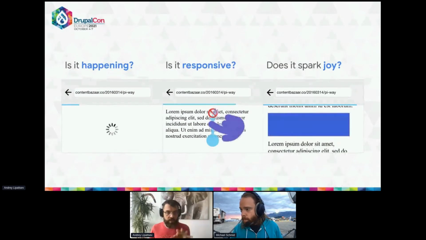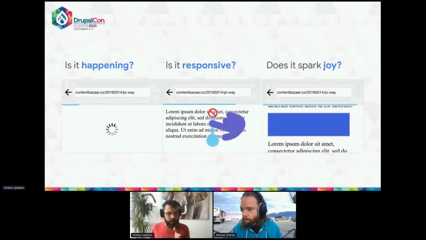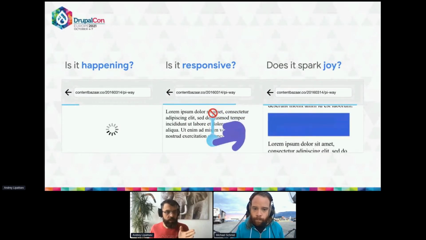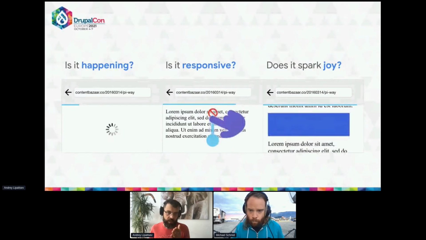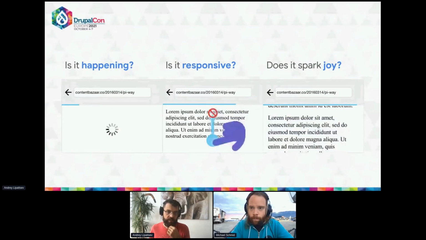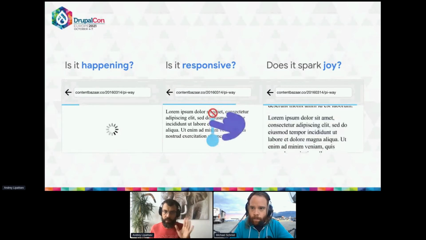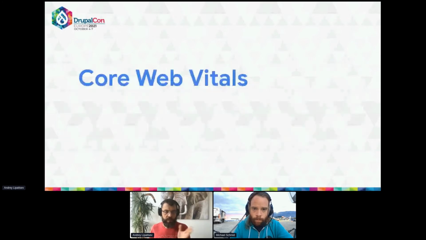So to sum up, this is how we're looking at performance. And this is what we're calling performance. It's somewhat interchangeable with user experience on a page, somewhat interchangeable with what Google search calls page experience, although that includes a couple of other aspects as well. But let's go with this. Let's roll with this for now. Is it happening? Is it responsive? And does it spark joy through stability? All right. Okay, we'll say these 3 are reasonably independent of each other and fairly comprehensive in what they describe,